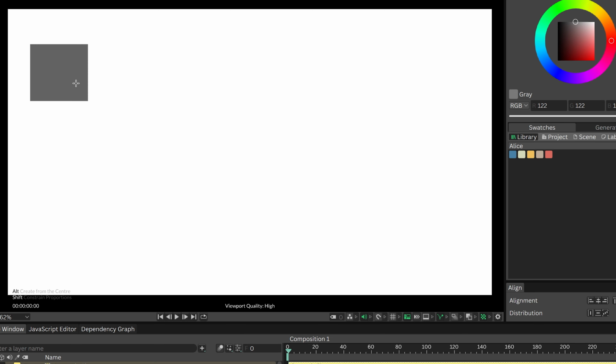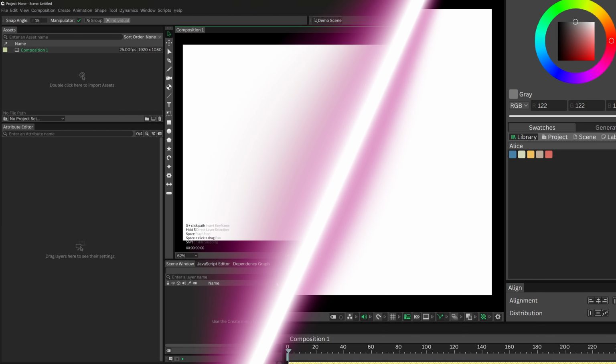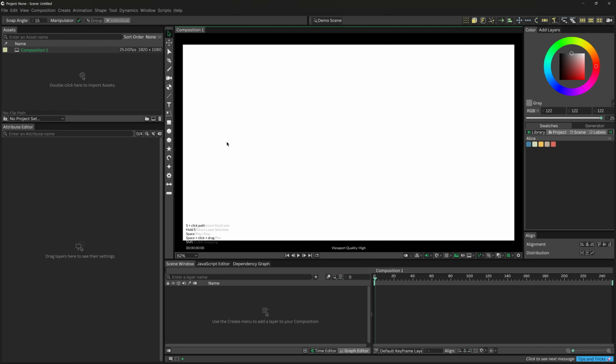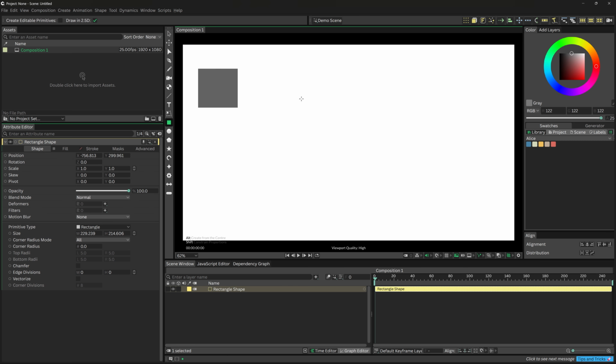In this tutorial, we're going to take a look at how you can add shapes to your composition in Cavalry. So in your composition, you have this toolbar to the left and you have several shapes you can choose. Let's take the square, the rectangle tool. So select it and then you can either drag here in your viewport to get the shape, or you can